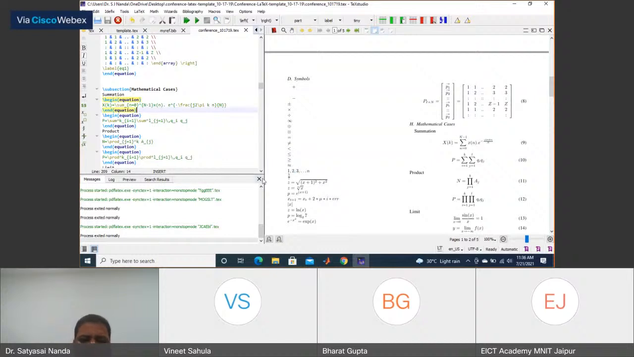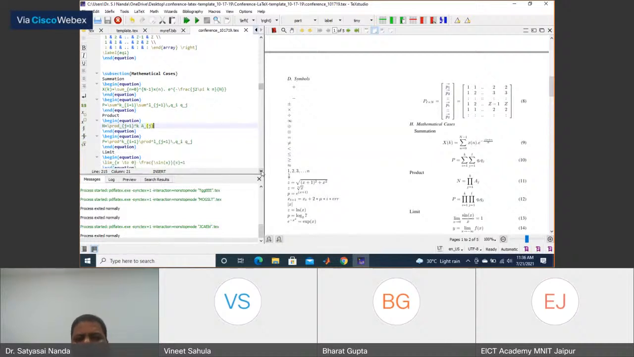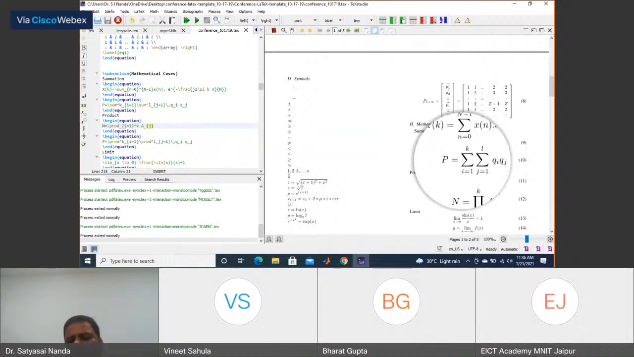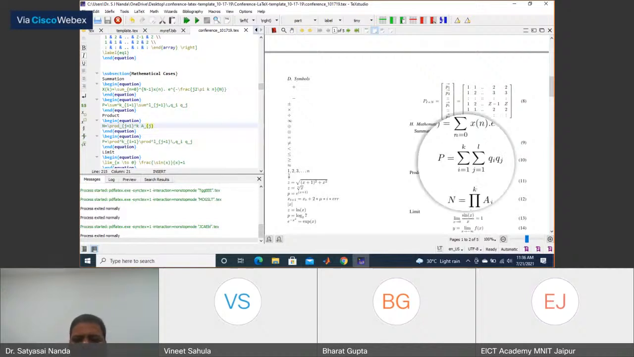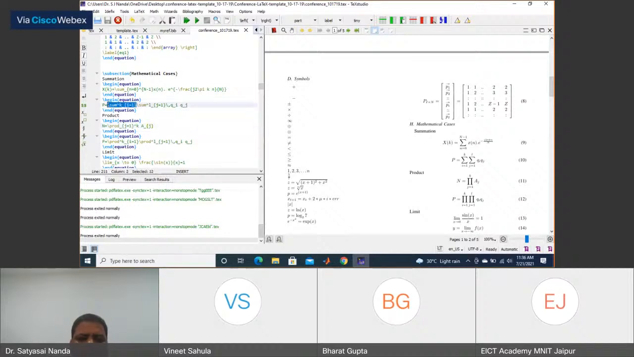Then double summation. Many times in discrete mathematics we require double summation. So for writing that particular one, as you can observe over here, P is equal to summation i is equal to 1 to K, and then summation j is equal to 1 to L, Qi, Qj. So both the things, we want the double summation. For the first summation, I have written over here the upper part is K and the lower part is i is equal to 1,